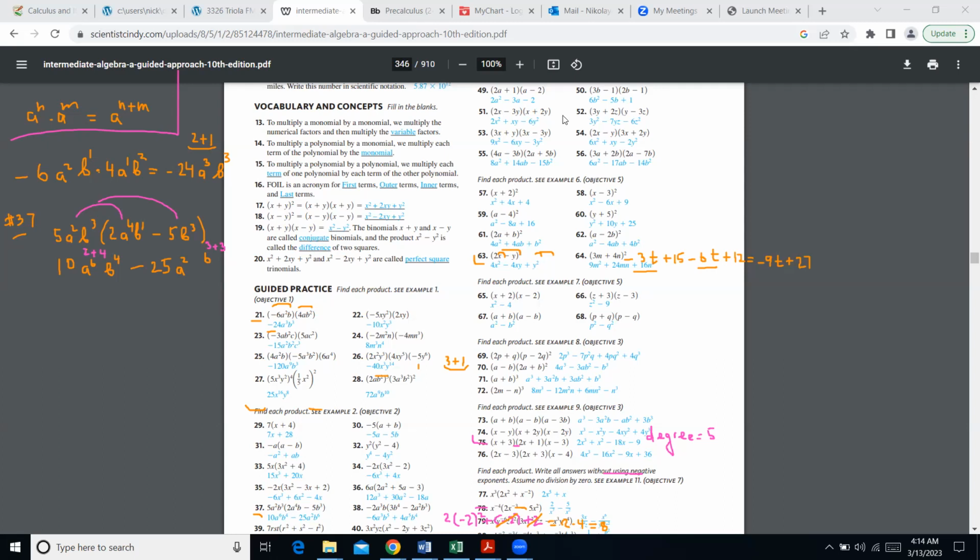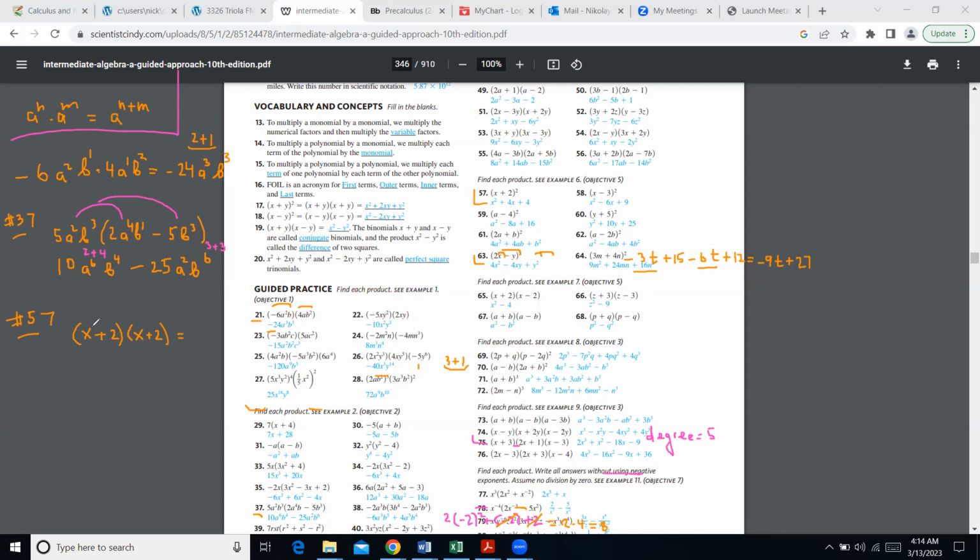So anyways, that's how we do all problems in this little exercise set, even though there seem to be lots of exercises, but they're all pretty much the same. I want to say, how about problem number 57? Well, in this exercise, it looks like we have parentheses with x plus 2 multiplied by another parentheses that has also x plus 2. So I'm multiplying the same parentheses twice, and this is going to be a product of